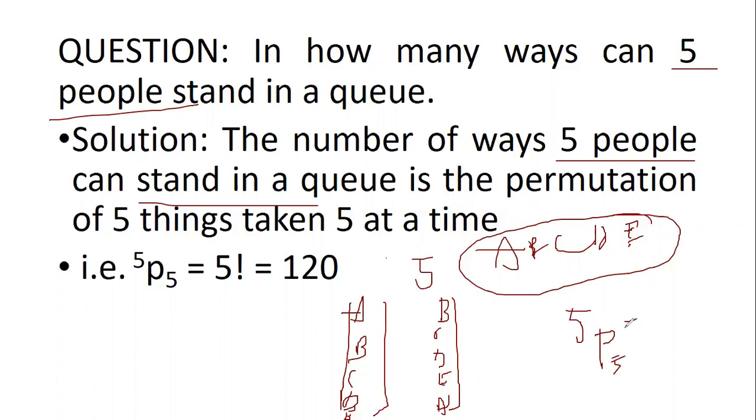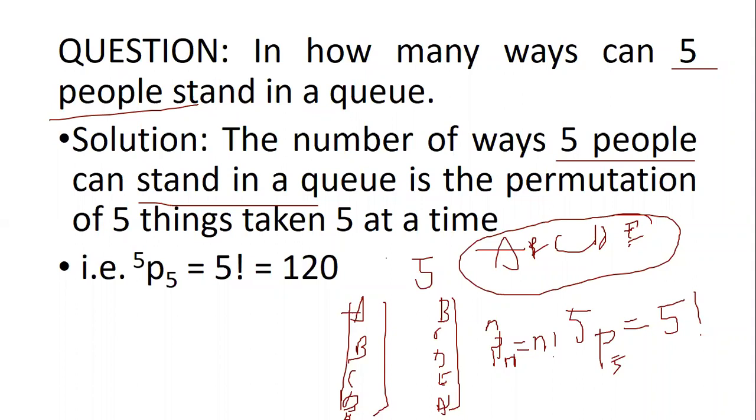So this is the reason I am supposed to find out the number here. Now nPn is nothing but n factorial. If n and r are the same numbers, then nPn is equal to n factorial. So 5P5 is nothing but 5 factorial. Understood till here? 5P5 is nothing but 5 factorial.